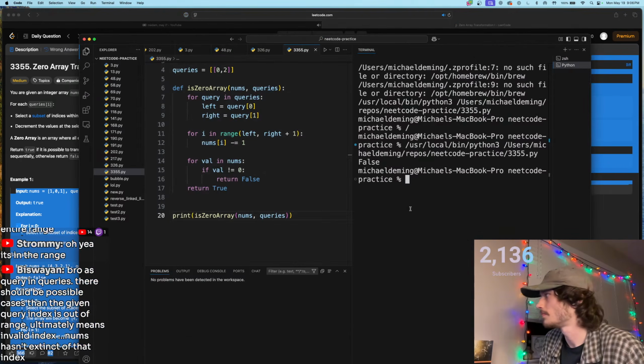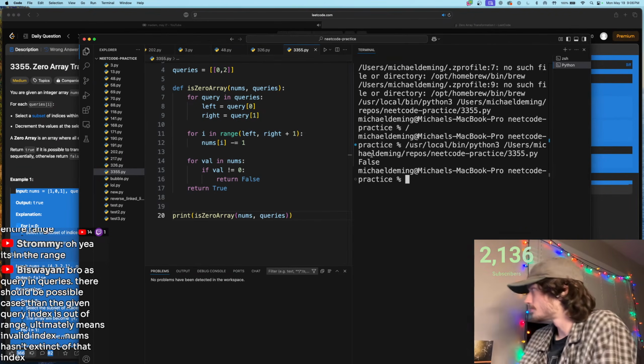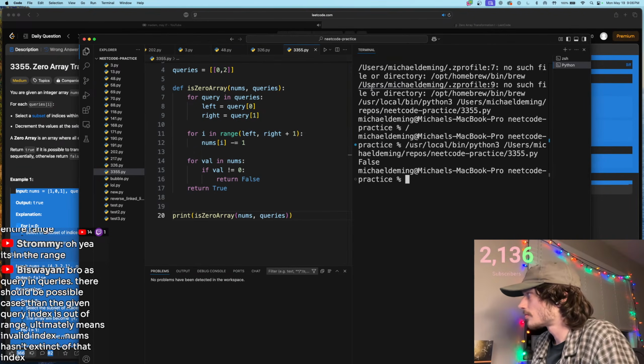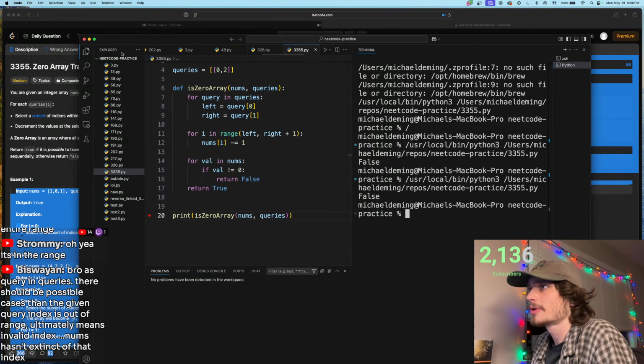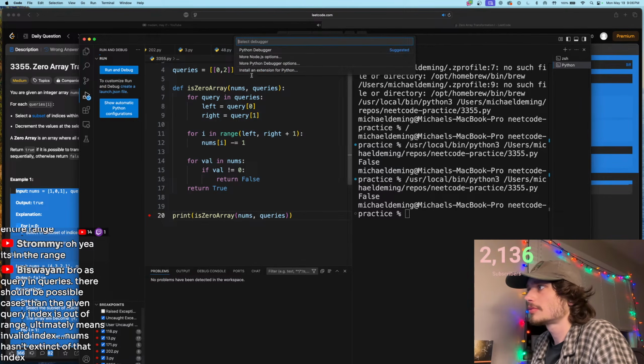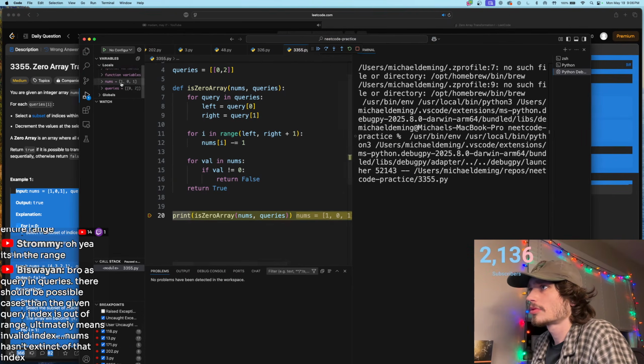This way and says there should be possible cases where the given query index is out of range, which ultimately means an invalid index. Let's see here. So if we put in our debug here, step into,